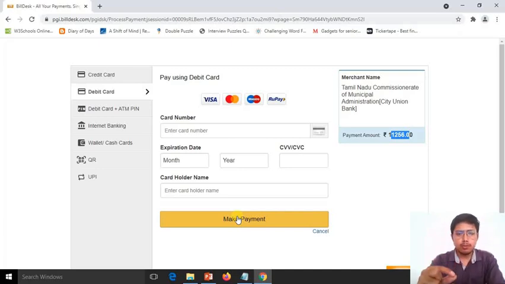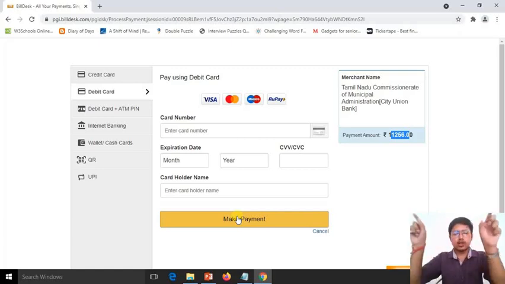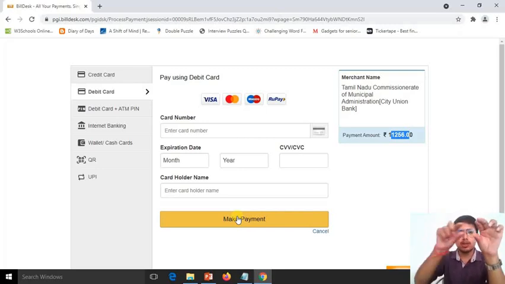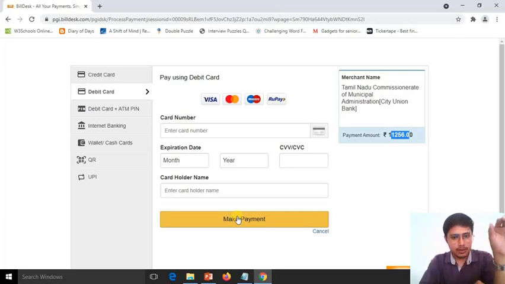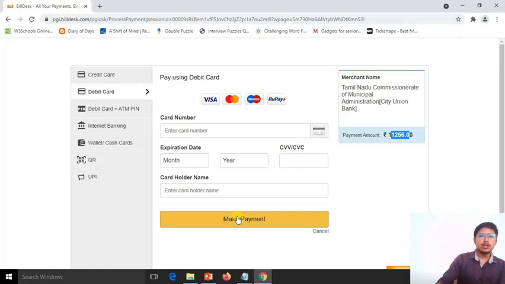You go to quick payment, click on property tax, enter your assessment number, and click on submit. When you click on submit, you will get your history. You remember that first option was payment history, if you have made a payment before, so you will get your receipt there, and below that was the complete detail of how much you have to pay. So you can get your receipt after 24 hours generally.